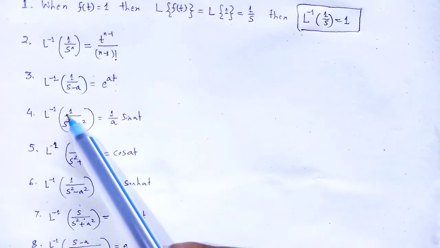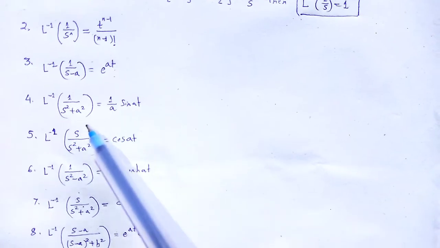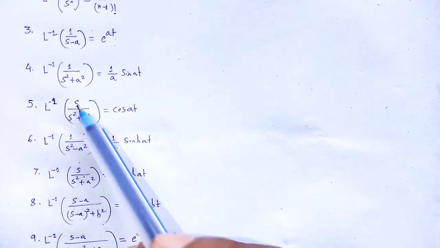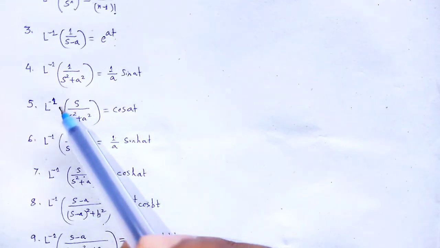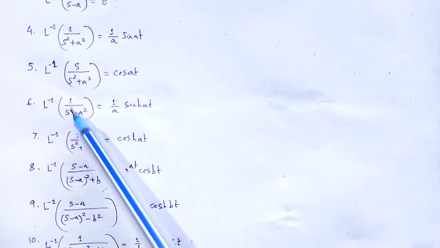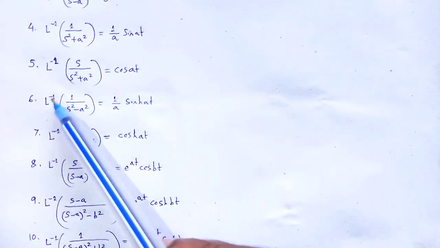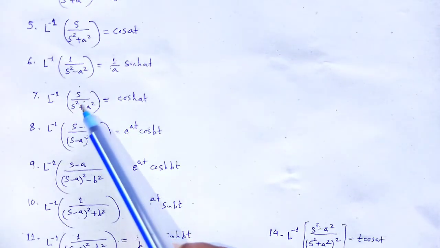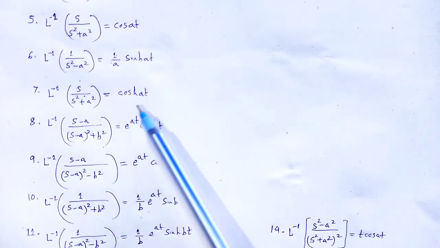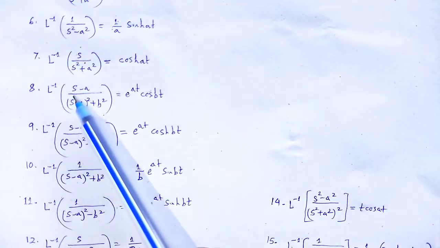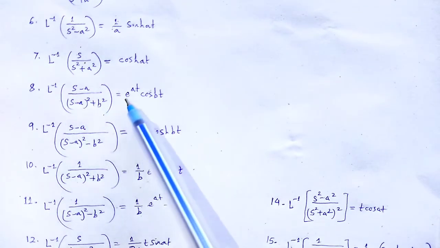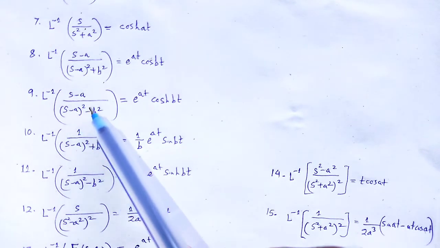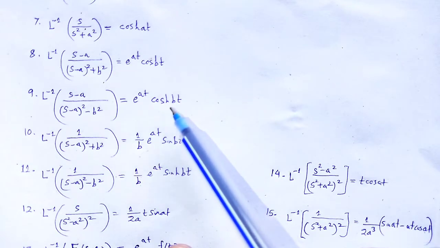Inverse Laplace transform of 1 divided by s square plus a square is equal to 1 by a sin at. Again, s divided by s square plus a square has inverse Laplace transform cos at. 1 divided by s square minus a square has inverse Laplace transform 1 by a sinh at. Similarly, for s divided by s square minus a square, it will be cosh at. The inverse Laplace transform of s minus a divided by (s minus a) square plus b square is equal to e to the power at cos bt, and s minus a divided by (s minus a) square minus b square is equal to e to the power at cosh bt,